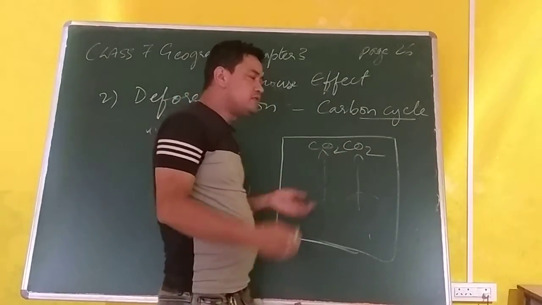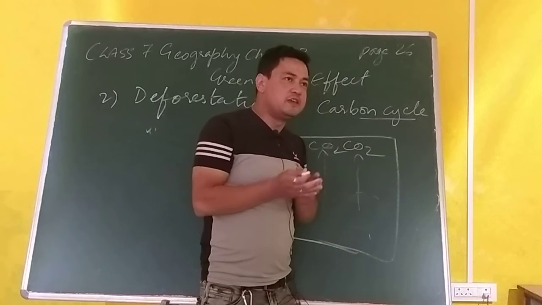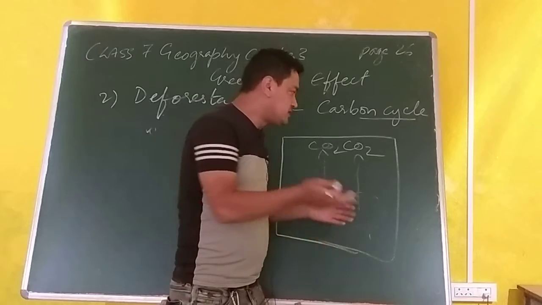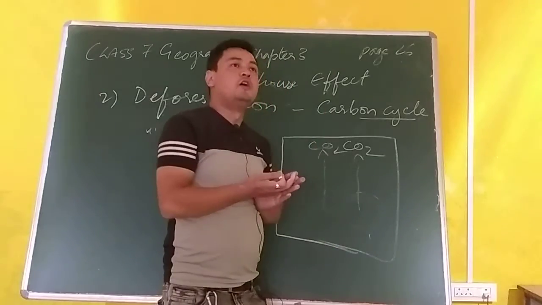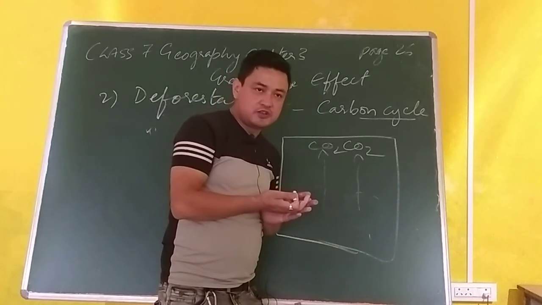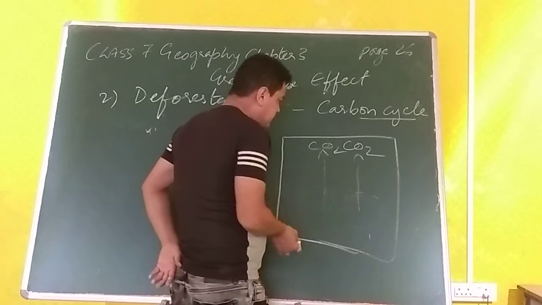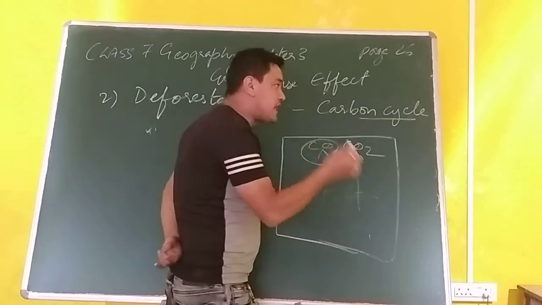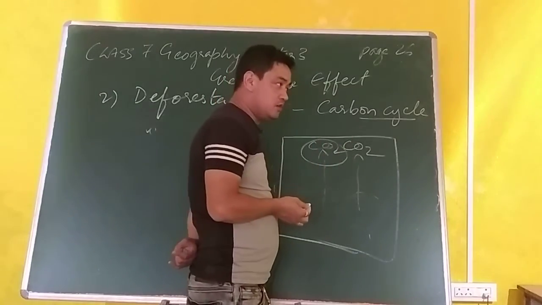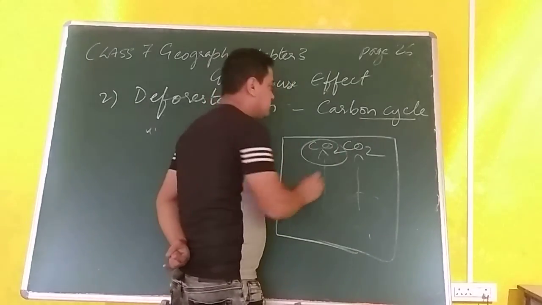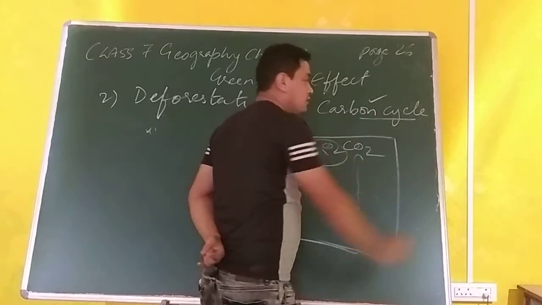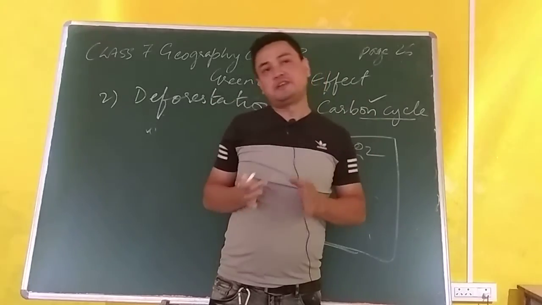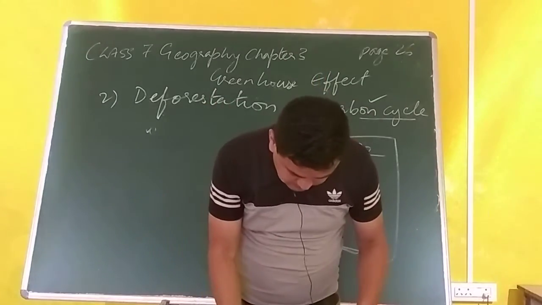The heat of the sun basically heats both land and water in the daytime, but during the night time, this heat has to evaporate in the atmosphere as terrestrial radiation. So during the night time, the heat basically gets absorbed by the carbon dioxide. This actually raises the temperature of the earth. So when you cut down trees, the carbon cycle of the trees will be broken down. It cannot regulate the temperature of the earth.